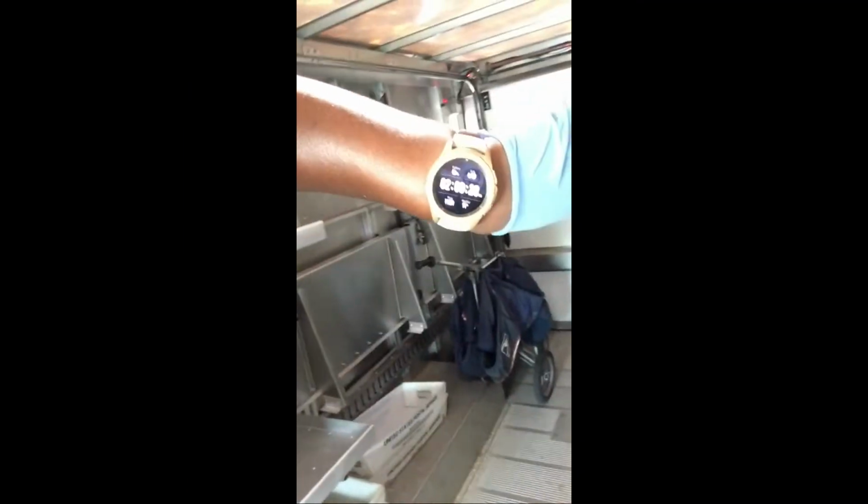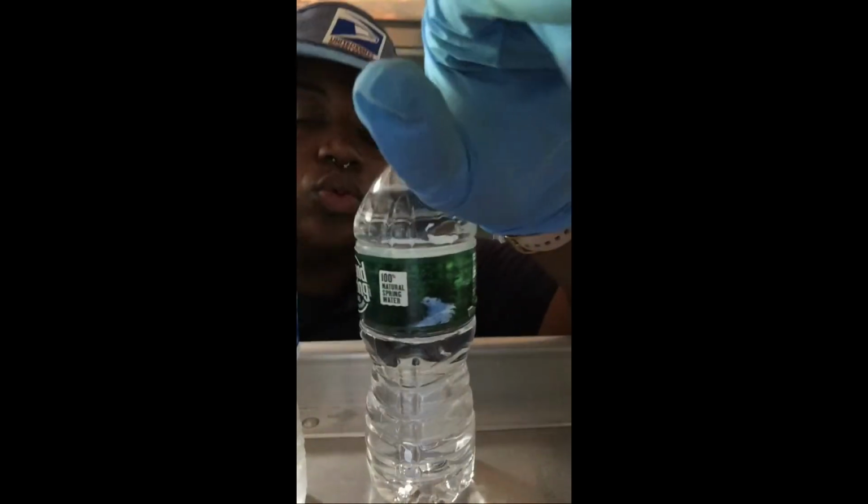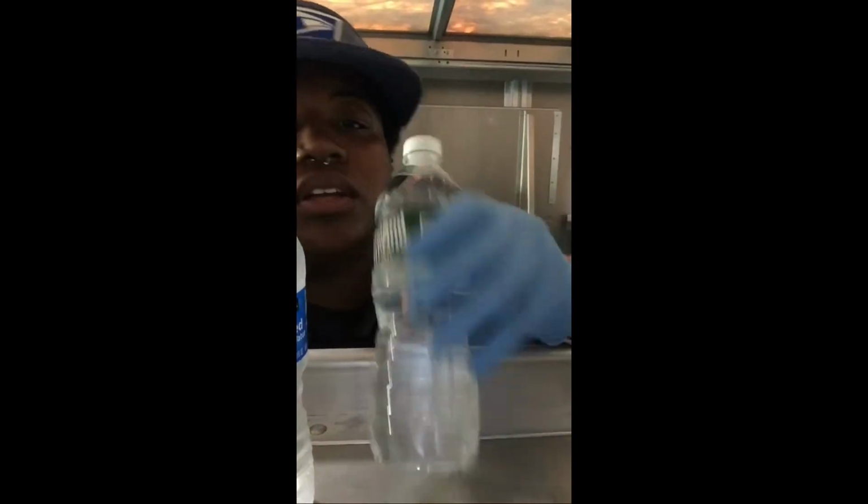Okay guys, so it is 2 o'clock, 29th, and I had 2 customers give me some water. Two, you can see it's already cold, and then 1 is room temperature, and it's actually cool to touch because they have air conditioning in their house. But these you can see were in a cooler or maybe in their fridge. So we're gonna check how much